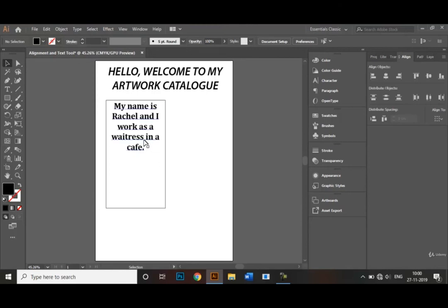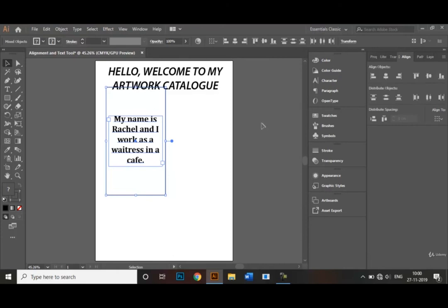We'll first select the text, and by clicking Shift, click the rectangle, and we'll hover over to this Align panel right here, which is right behind the Pathfinder panel. And we'll click on the Vertical Align Center button right here. And there you go. Now the text automatically moves to the middle portion of my rectangle.